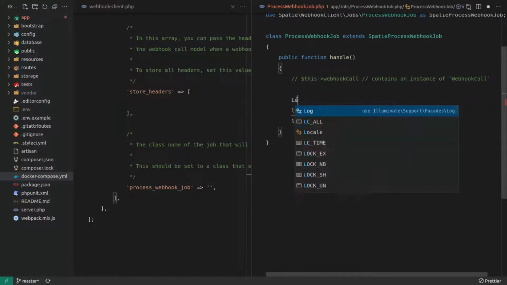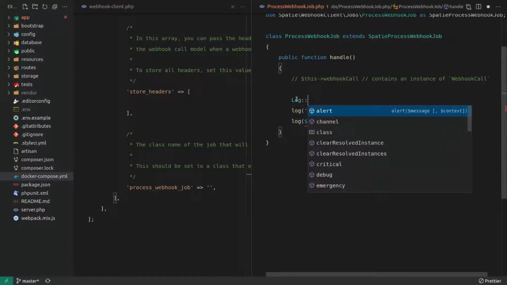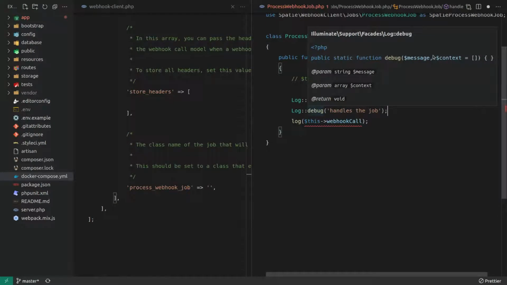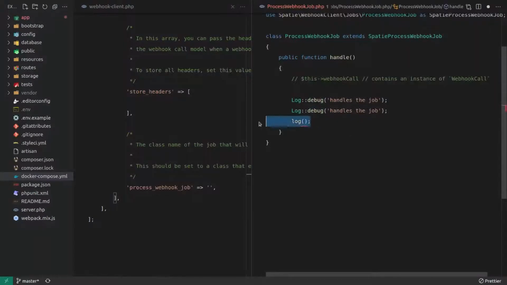Now we can say Log. I guess we'll call this debug. Doesn't really matter. Paste that in there. And just to make sure I don't end up with an error here, because it looks like that might need to be a string. Does it? Yeah, that does need to be a string. So I think we might be able to call toJson on that or something like that. Yep, nice.